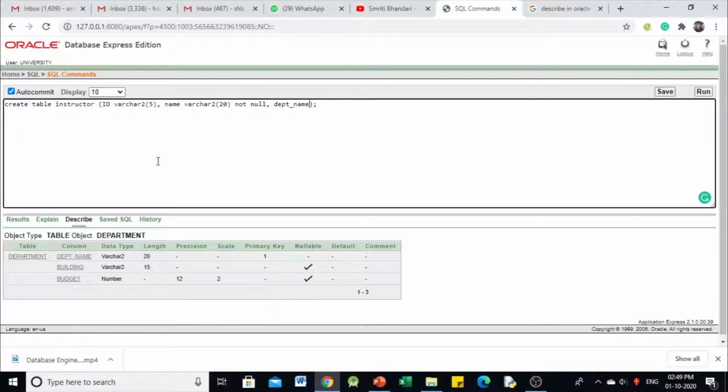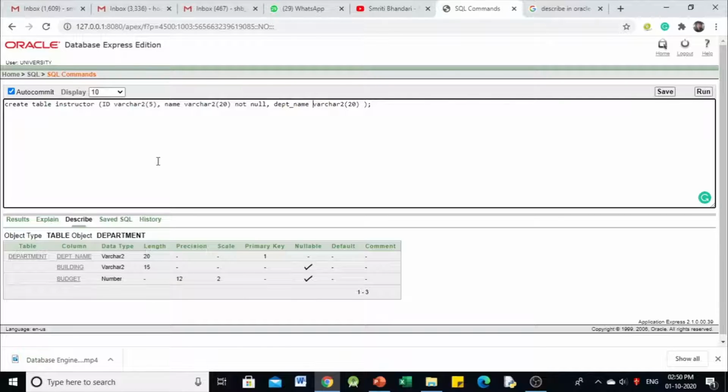Further, we are having department name, varchar2 20. So this department name actually is the foreign key that we would like to borrow from department table.